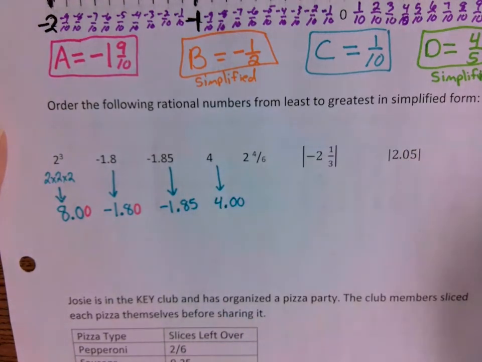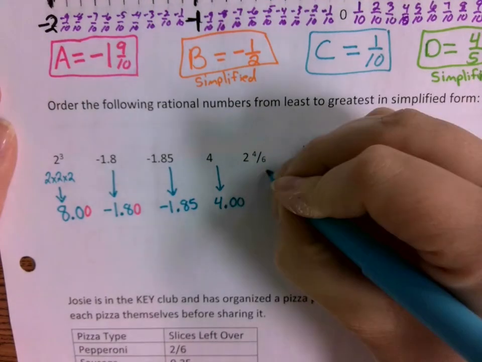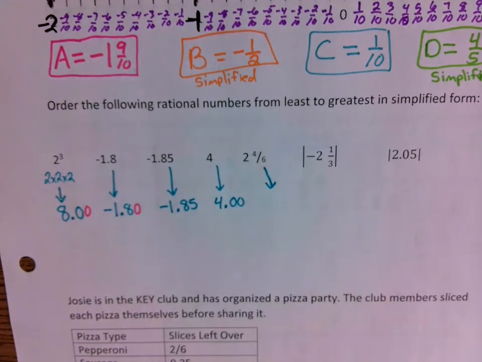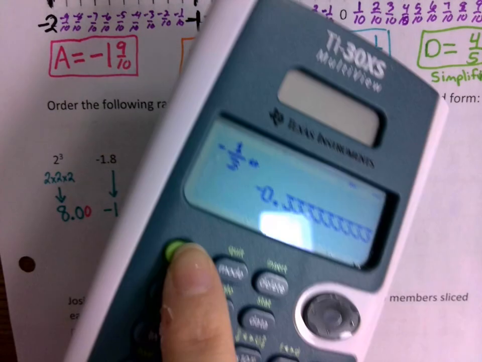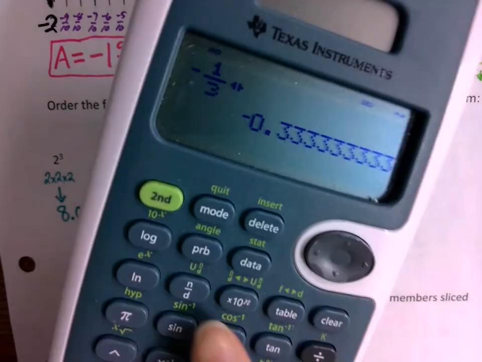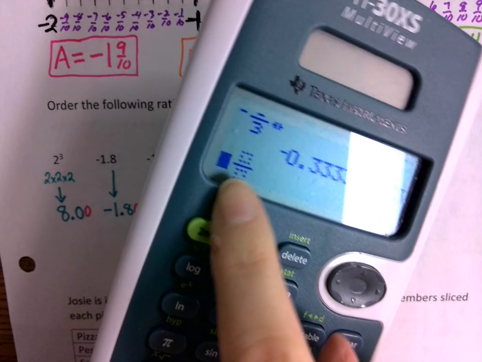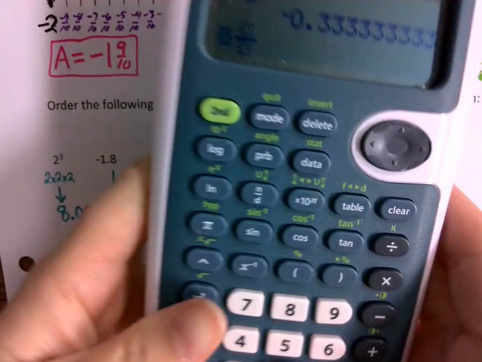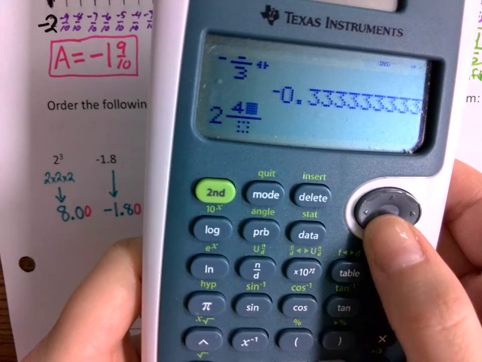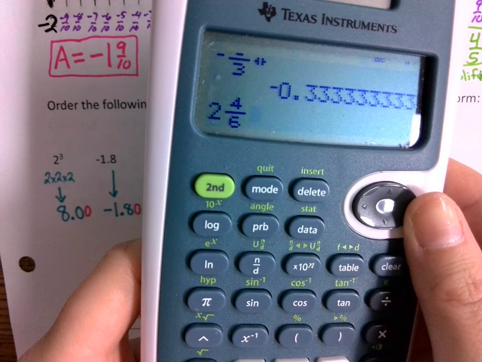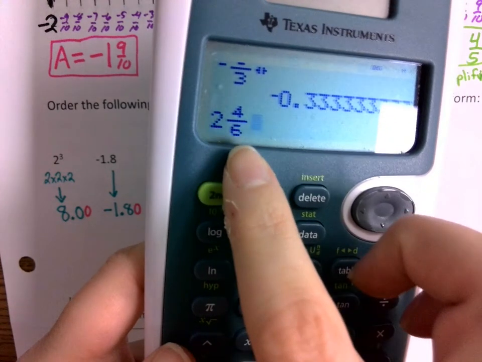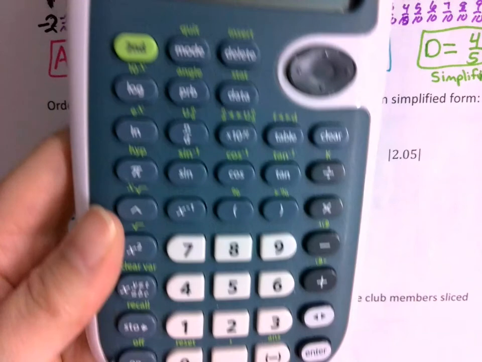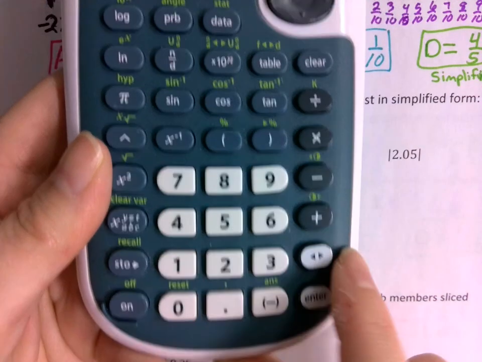2 and 4/6. Go ahead and type into your calculator. Remember, 2 and 4/6. We are going to type it as a mixed number. What button do we have to hit first in order to be able to write a mixed number? What button do we have to hit first, George? The green button. You got to hit that green button first. Then you can hit your fraction button, and that will do your mixed number. So we're going to type in 2 and 4 over 6. What button do we have to hit now to be able to convert it? The double arrows at the bottom. We're going to hit that conversion and hit enter. And there's our decimal,